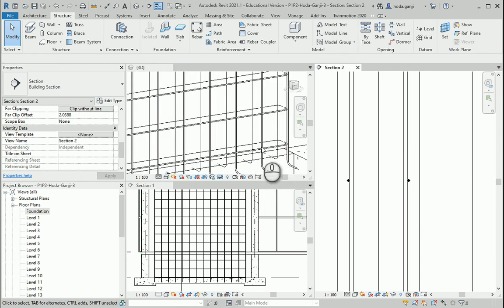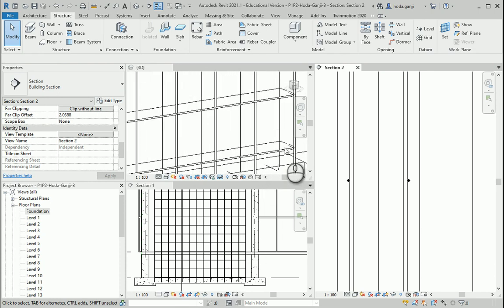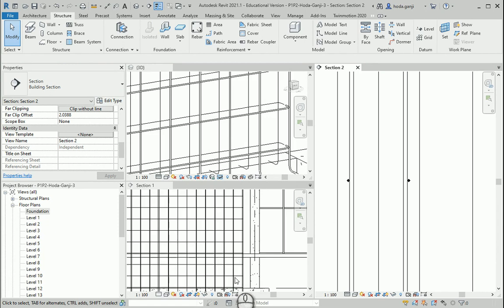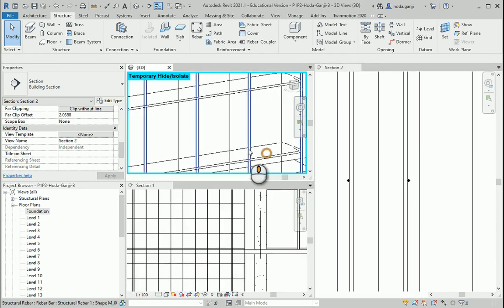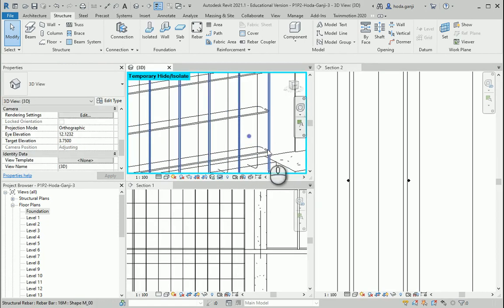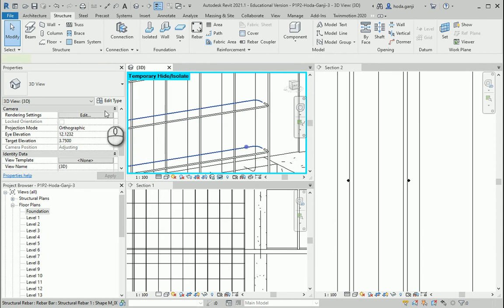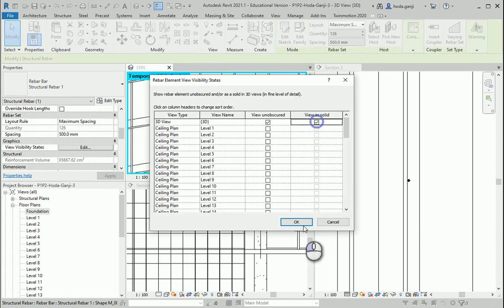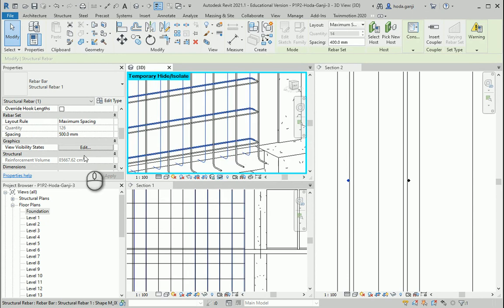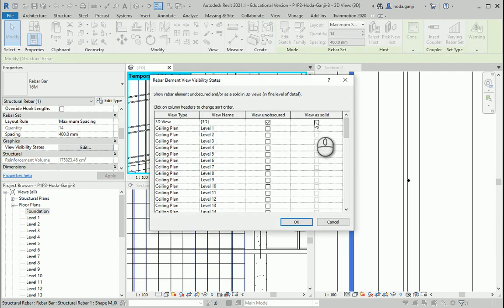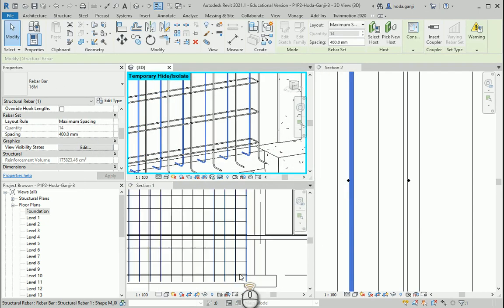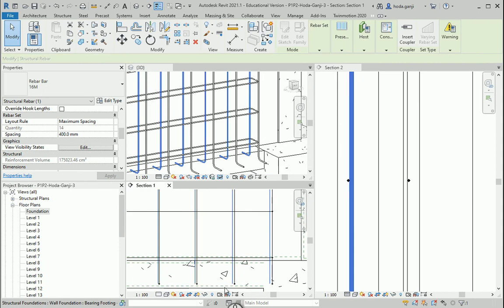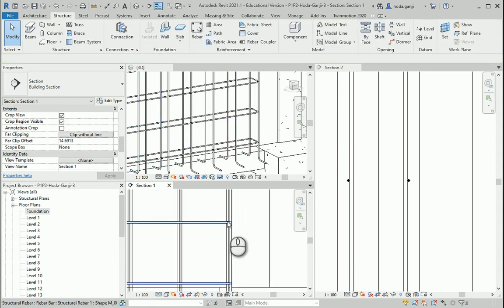I might need to also take care of the constraint on this side, so they actually work a little bit better on this corner. First, let me change this to solid. Change that one to solid. And I'll go here. Make sure that your sections are set to fine level of detail.